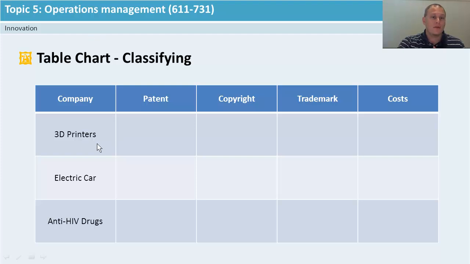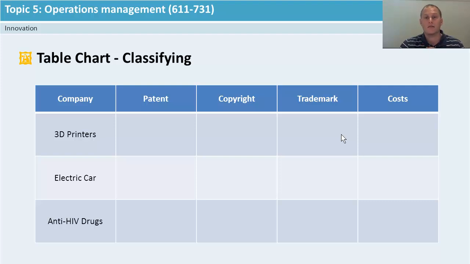Alright, with the 3D printers, the exclusive owners may have patented it, and for the life of me I can't remember who it is. We'll just guess it's Epson that's done it. Epson might make a copyright on this, so if other brands want to copy the actual model, they say if you want to copy the specific ways of doing the Wi-Fi or some of the protocols, you have to pay us royalties. And Epson may have a really strong name. They might call it the 3D giant kick-ass printer, and they'll put a TM on the end of that one. That's their way of protecting it. What are the costs? Cost of legal fees, cost of R&D to develop it,